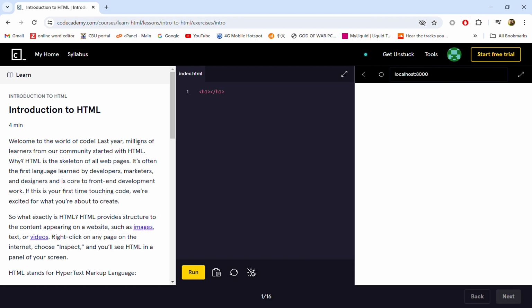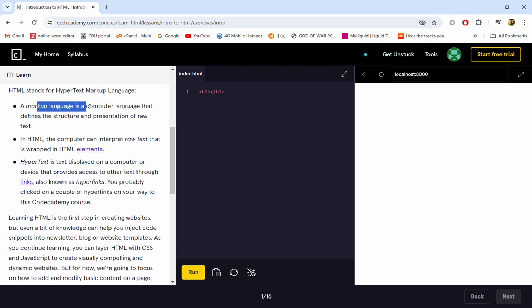Last year, millions of learners from our community started with HTML. So mainly that's what you start with, and then they'll tell you everything about whatever it is, and then they'll tell you to do something. When you do something, then you can